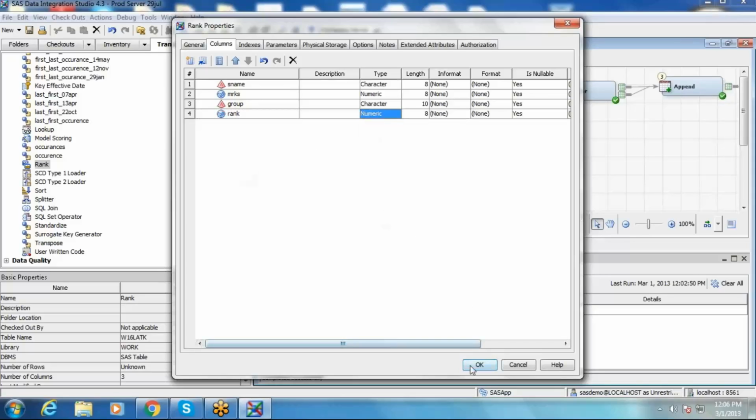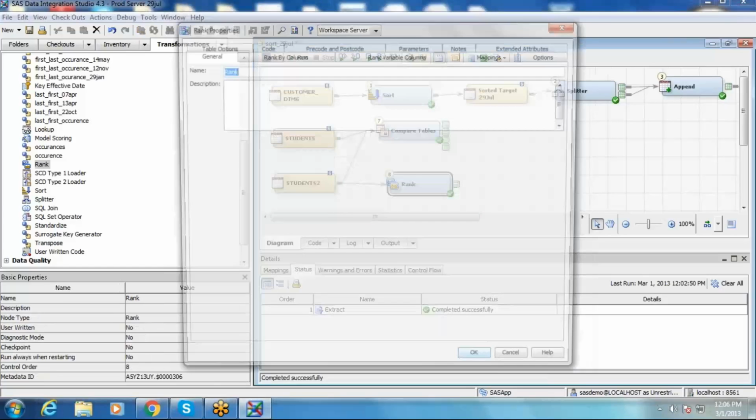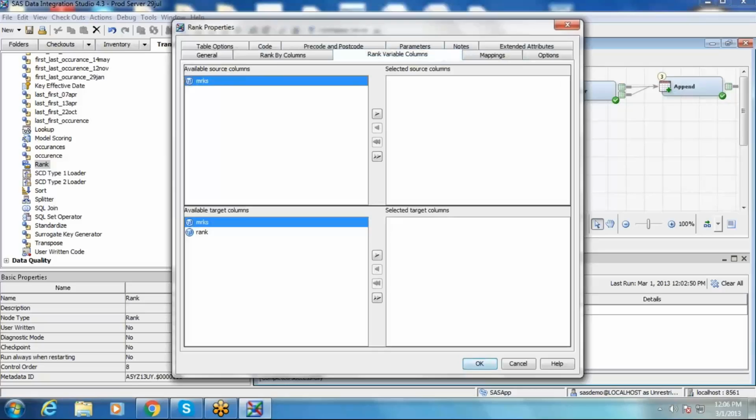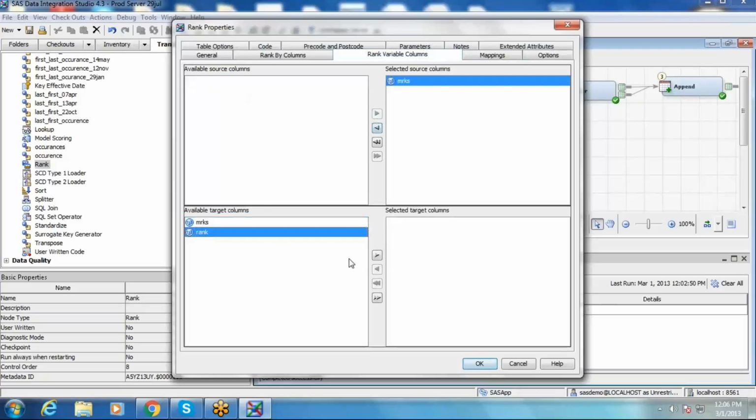Then click on OK. Based on which column am I planning to rank? Those details are mentioned in the rank transformation properties. Go to the rank variables column. Here you see based on which column, marks column, and in which column the rank should be populated, the rank column here.